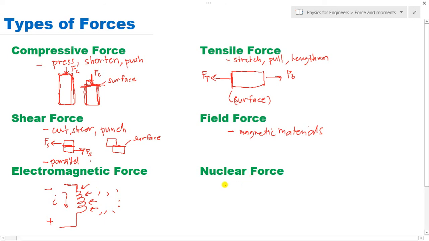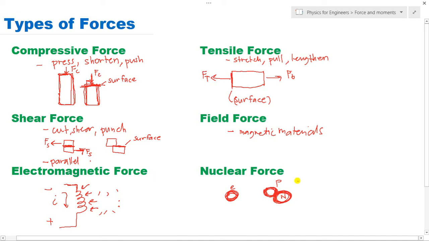And then the last force is the nuclear force. These forces bind the electrons and protons. In our atoms there are forces that separate or bind them. In the nucleus, there are protons and neutrons, and the electrons revolve around them. These protons and neutrons stick together, so there are forces that make them stick together, and then